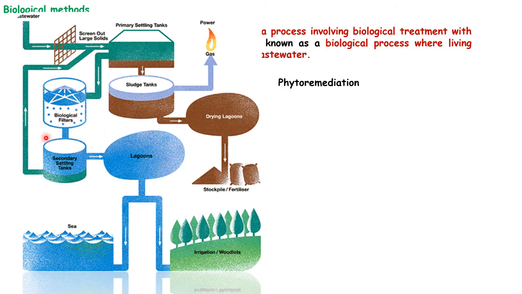Here we provide oxygen. The more oxygen we provide, the more the bacteria that survive will be able to grow, because they won't face any high biological oxygen demand. Hence their growth will be high, and a lot of harmful substances and chemicals will be broken down. Then it will be sent to the secondary settling tank, where the biological flock, the microorganism flocks, will be allowed to settle down.